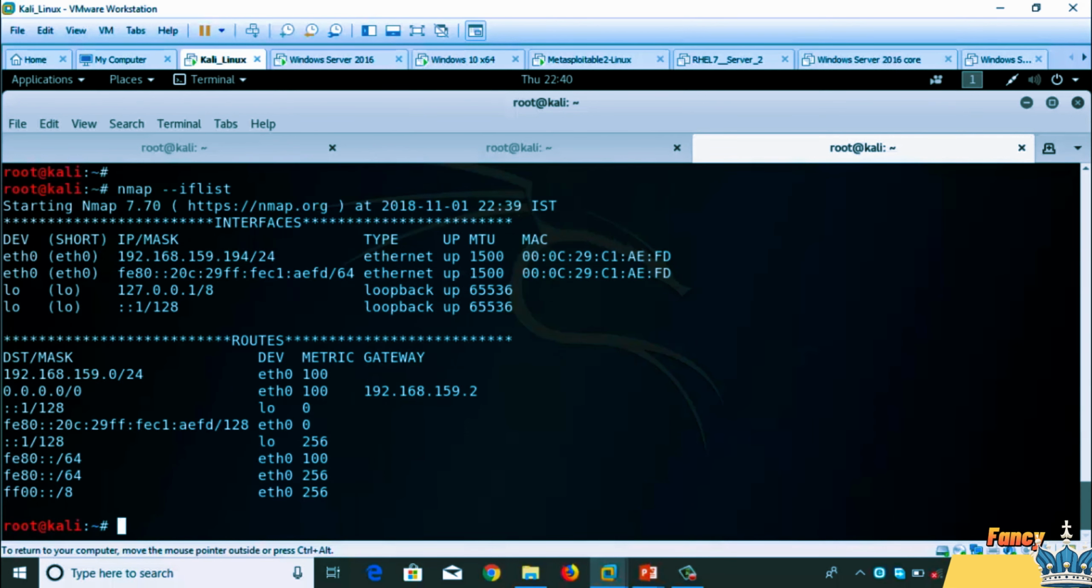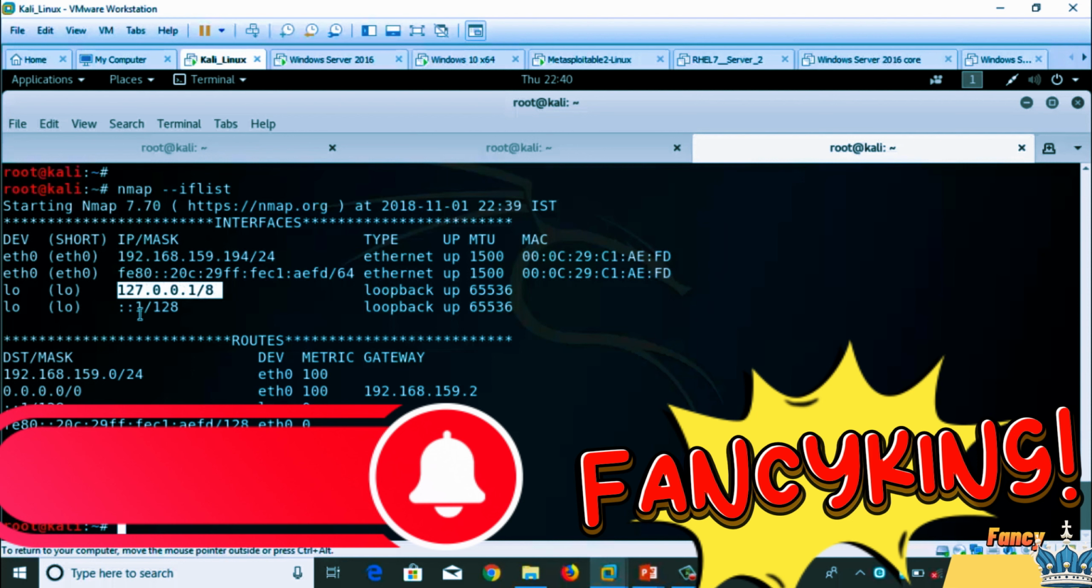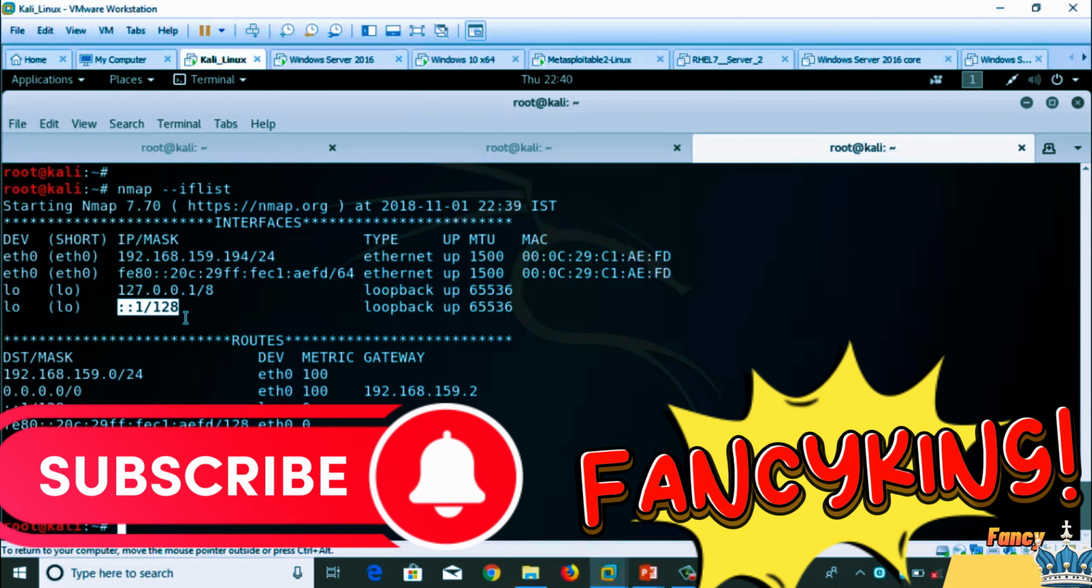So let me make it smaller. You can see IP address information for interfaces, like this is the IPv4 address, this is the IPv6 address, loopback interface information for IP version 4, and this is the IP version 6 loopback address. Status for